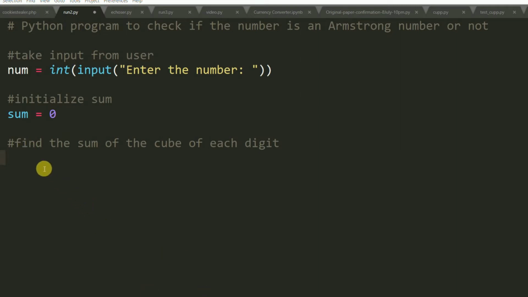Now we take tim as a variable which is equal to num. Now we check the condition: while tim less than 0,